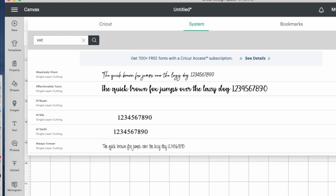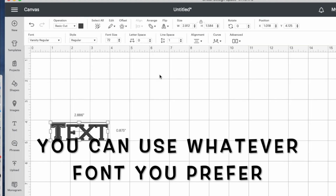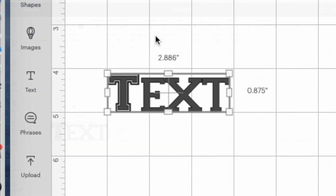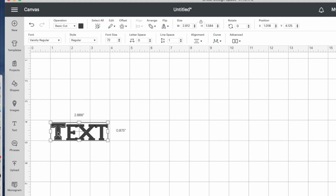All right, so I can either scroll down or just type in varsity. That's what I did. It's right here. I'll click on it. Now all I have to do is type the word go, so G-O, and I'm doing lowercase. If I did uppercase, I would have the outline, the inside. I would just have more detail than I want. So it's lowercase,